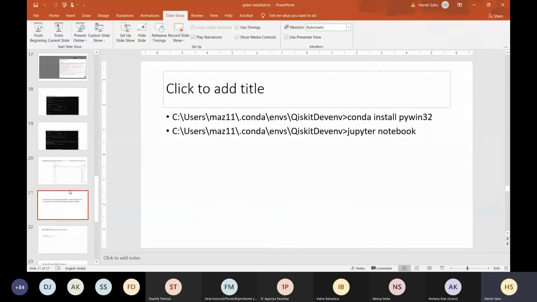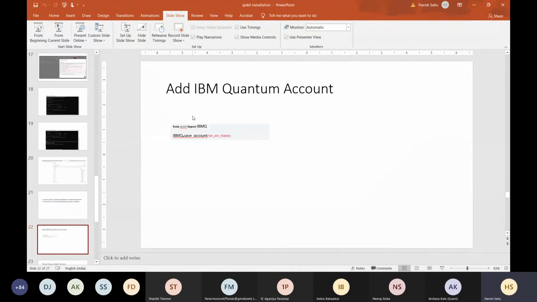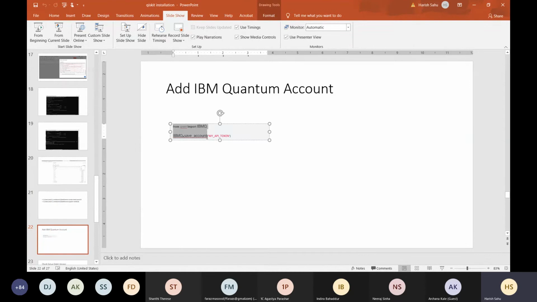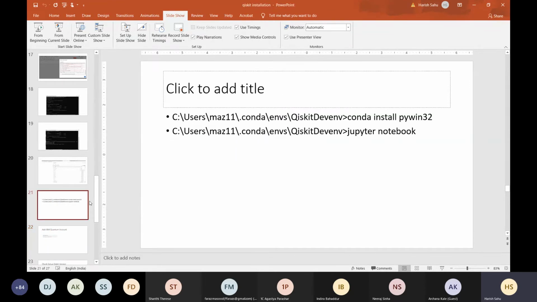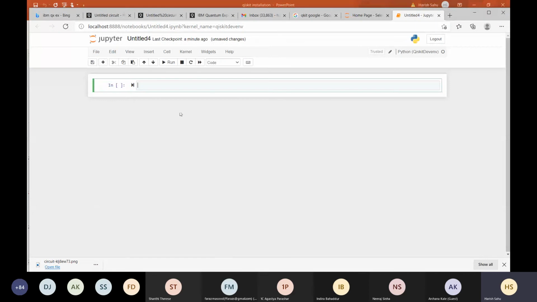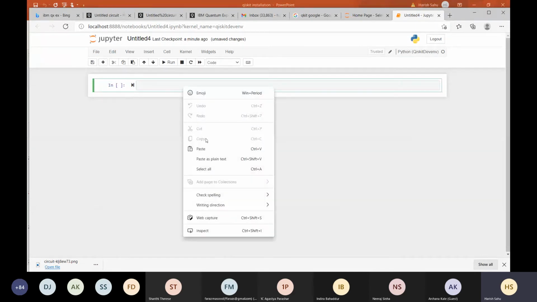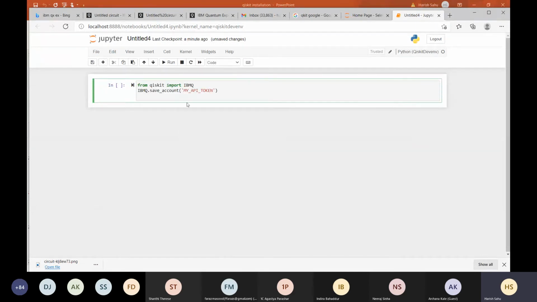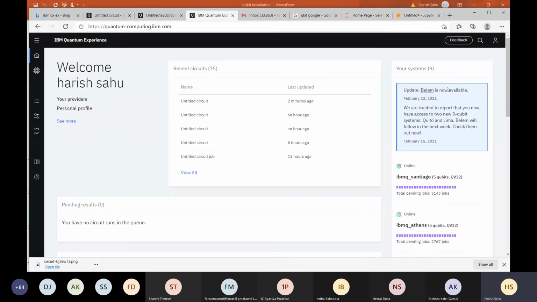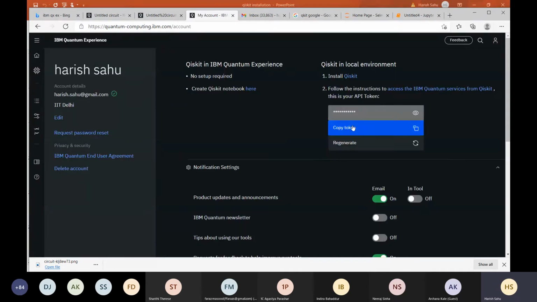First, you have to add your IBM account. For that, you have to write these two commands. I'm writing here. Paste. And what is your API token? When you create your account on the IBM website, you will have this thing here. You go to your account and copy the token.